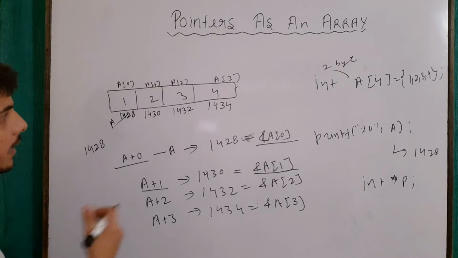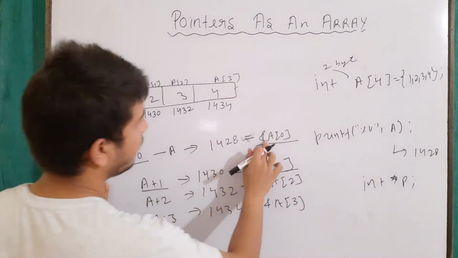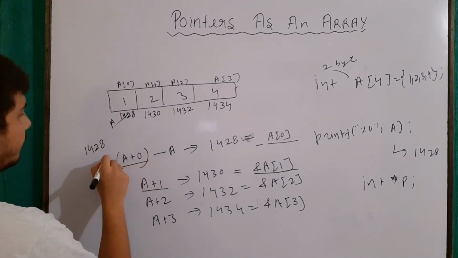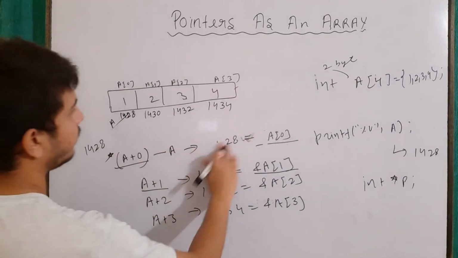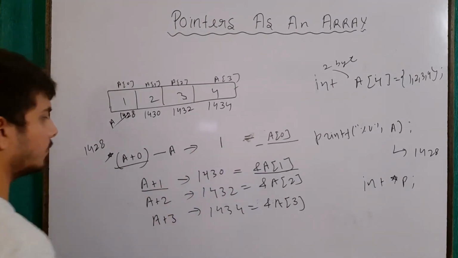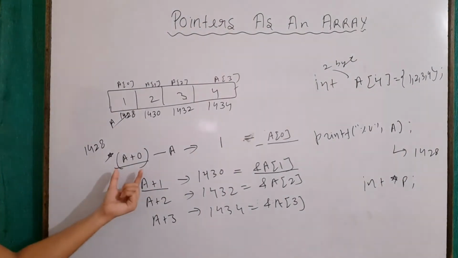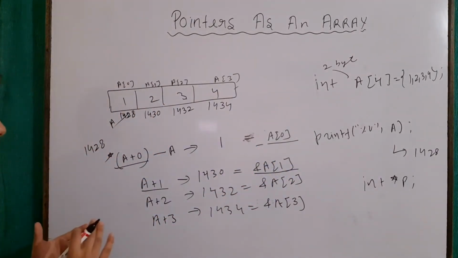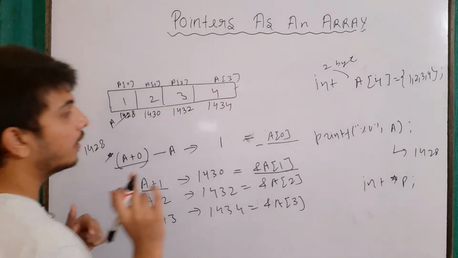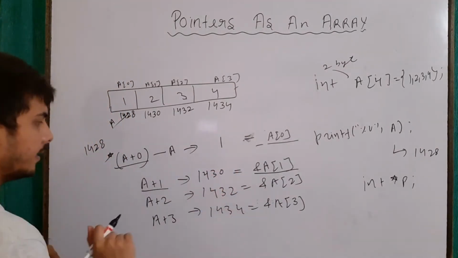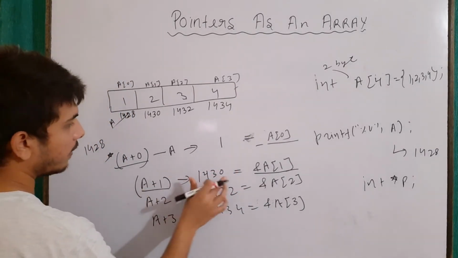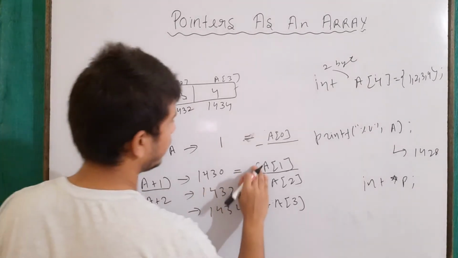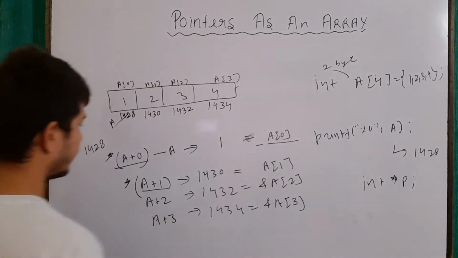Another thing here: for finding the address, I can write this, right? Now let's say I want to access some value, so here I will remove the ampersand and dereference it. Now this will give me output as 1, because I am accessing the value. This is telling me the address, and this is also telling me the addresses. Now I want to dereference it, so I will use the dereferencing operator, that is the asterisk. Whatever is present here can be accessed using the asterisk, and similarly here this could be removed.